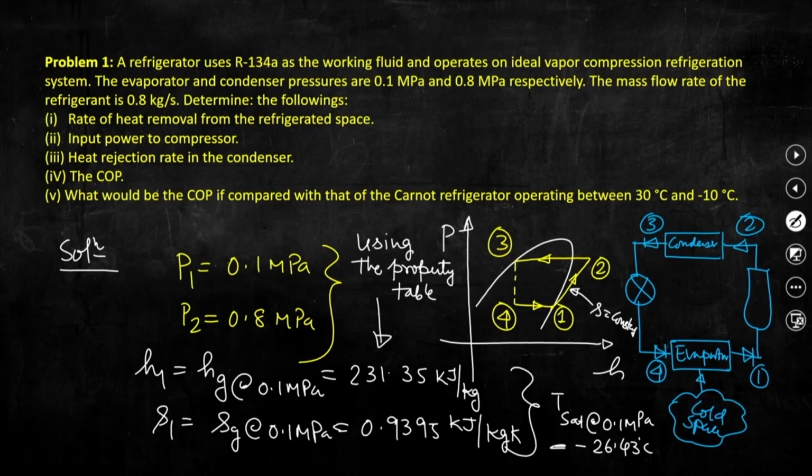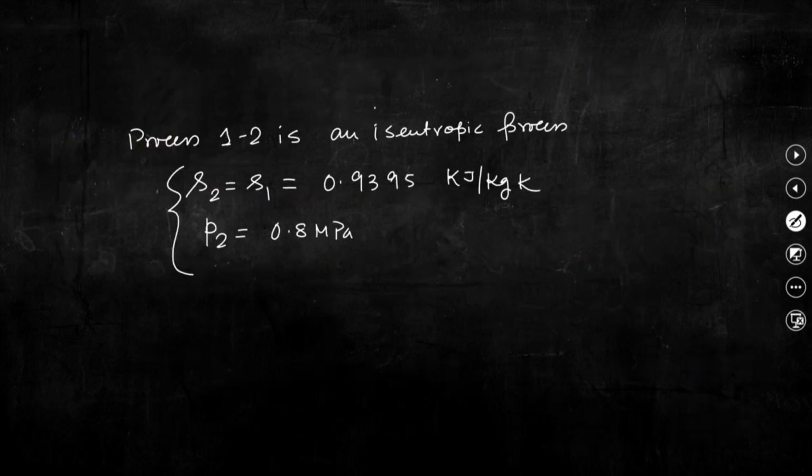So, this is the throttle valve, right, and this is the compressor. So, basically we need to calculate enthalpy at state point 2. Knowing the entropy and pressure, we can also calculate enthalpy from the property table. So, again using the property table,